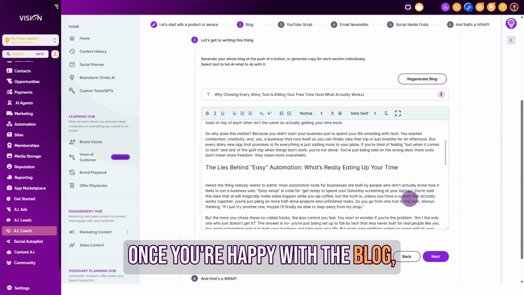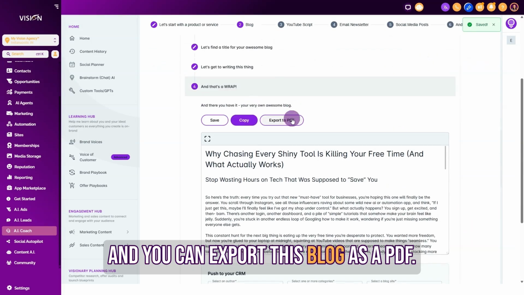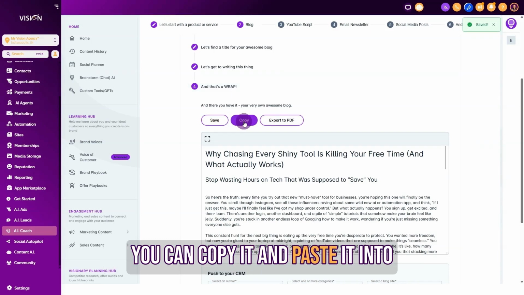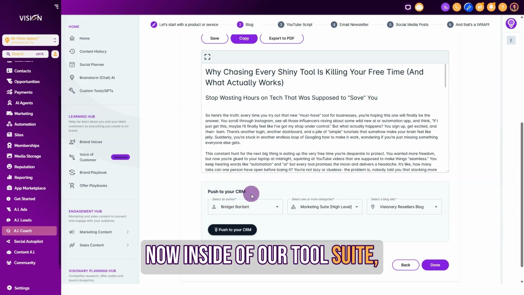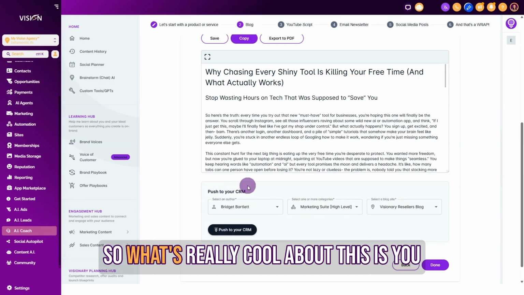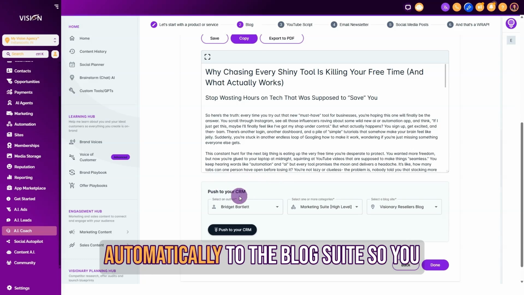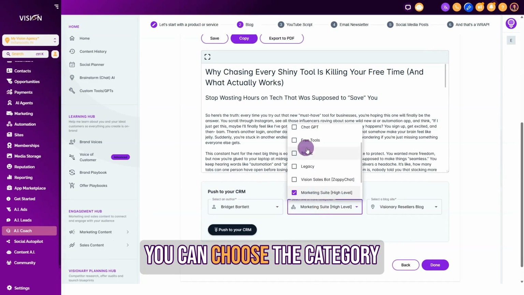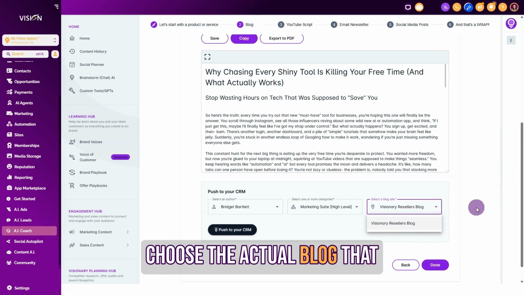Once you're happy with the blog, you want to go ahead and click Next. And you can export this blog as a PDF. Of course, you can save it and you can copy it and paste it into a Word document if you prefer. Now, inside of our tool suite, we do have a blog builder. So what's really cool about this is you can actually choose to publish this automatically to the blog suite. So you can select the author of your blog. You can choose the category of the blog,